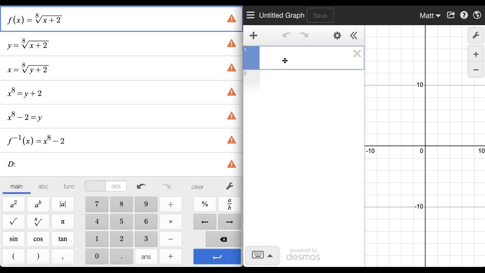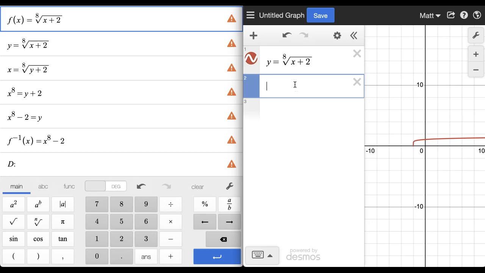So we can see that again with a visual. If I graph this, ranges should be a 0 or positive number. You cannot take the even root of a negative number, which is why that range is all positive. And then further, if we graph the inverse,